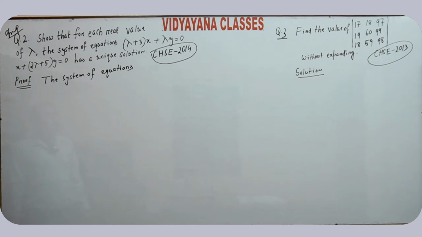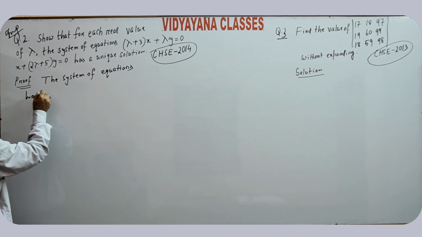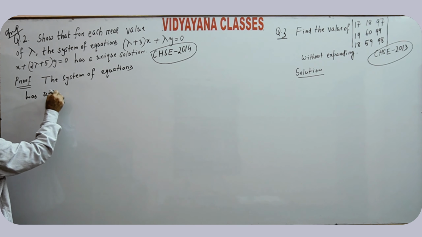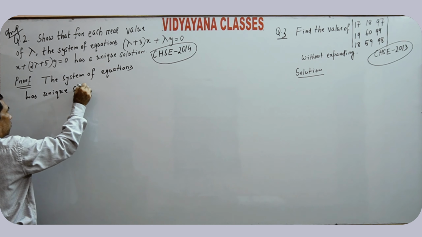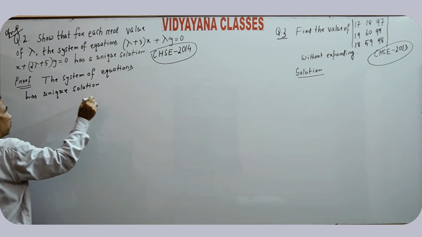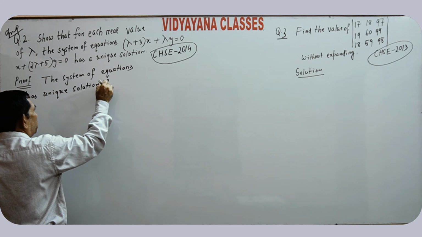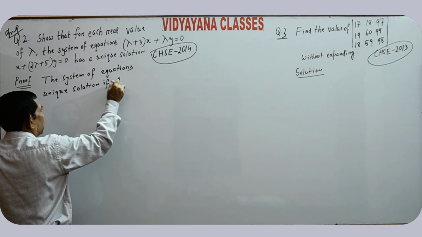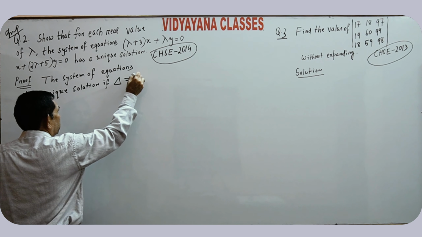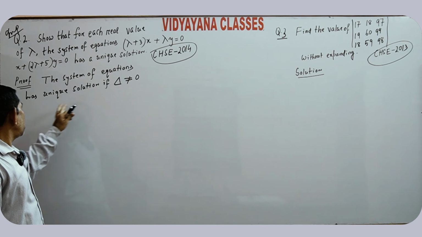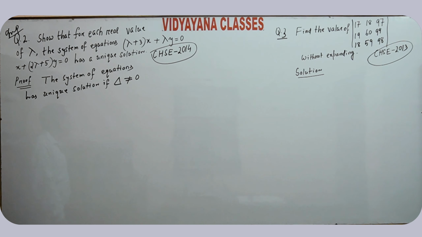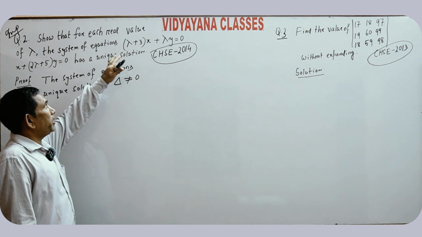The system of equations has unique solution if del not equal to 0. The system of equations has unique solution if del not equal to 0, where del is the determinant of coefficients